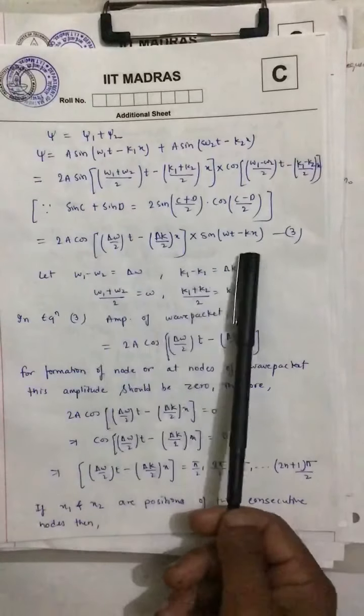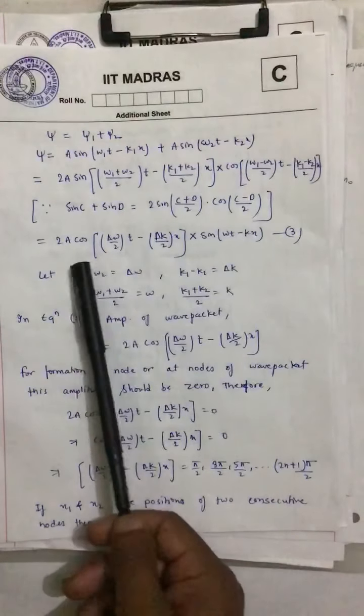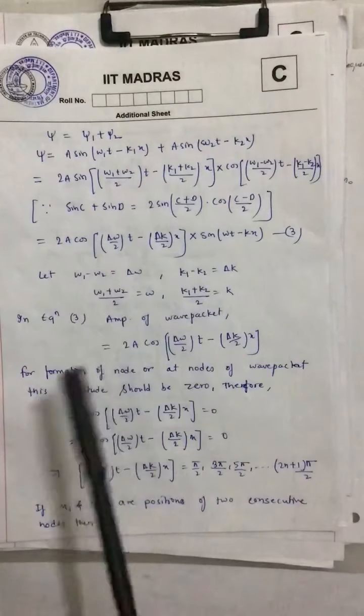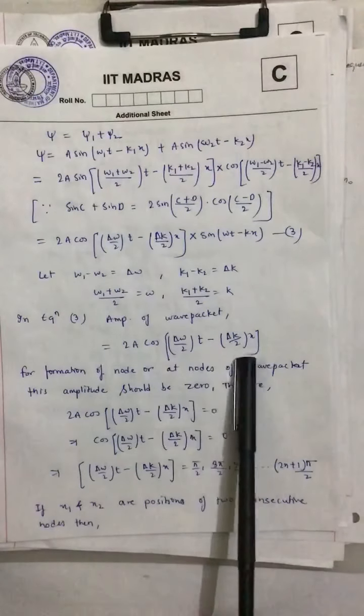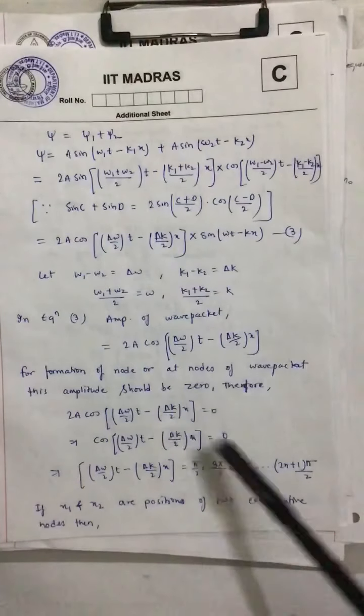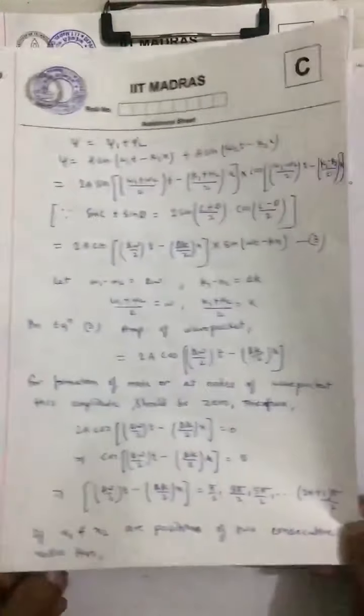I got two terms, one is this one and second one is this one. Obviously this is the amplitude. So if I take the amplitude, then this is 2a cos(Δω/2 t − Δk/2 x). Now the most important thing, if I focus on the last diagram,